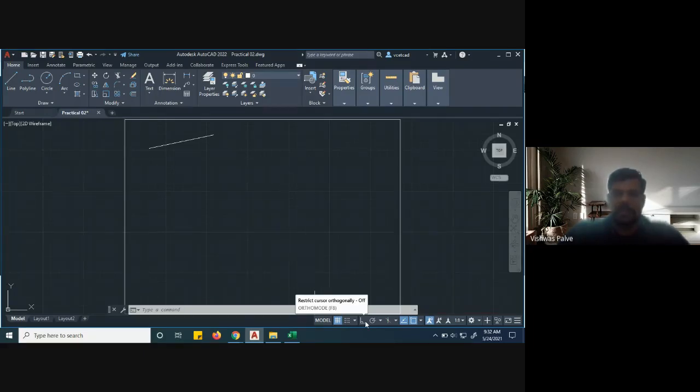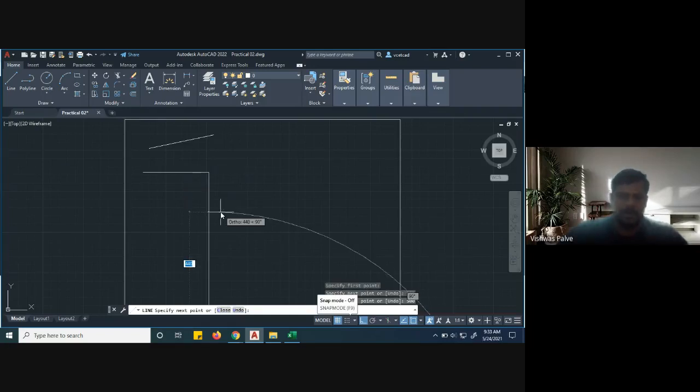When you press F8 on the keyboard, it starts the ortho mode. What is the ortho mode? Suppose I want to draw exactly horizontal and vertical lines, then you keep your ortho mode on. When my ortho mode is on, I can draw only horizontal and vertical lines. I won't be able to draw an inclined line. So this is the benefit of ortho mode: if I want to draw only horizontal and vertical lines, no need to worry, just keep your ortho on.